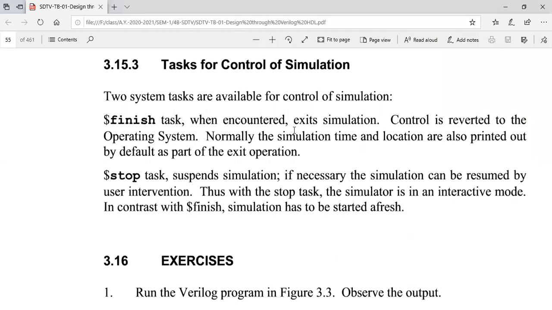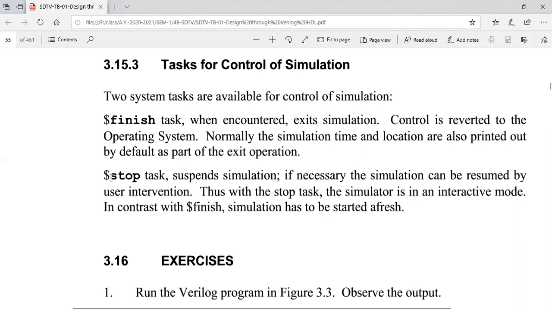If you write dollar stop, it will suspend the simulation for some particular amount of time, and you have a chance to come back once again.